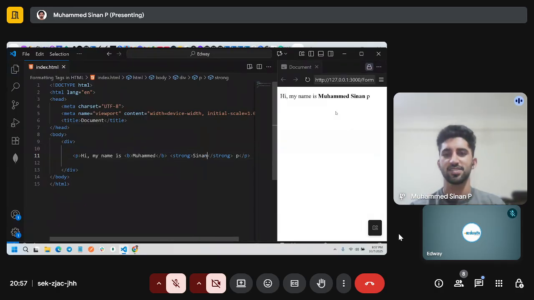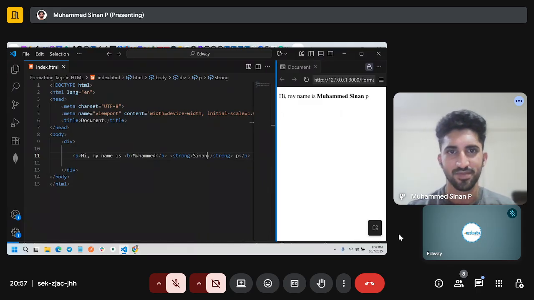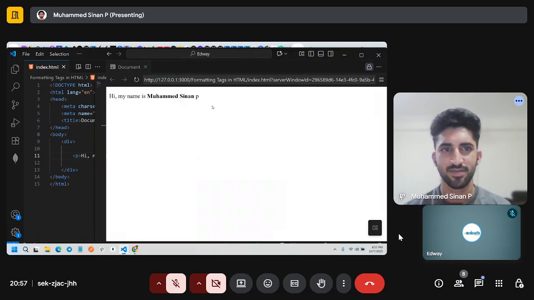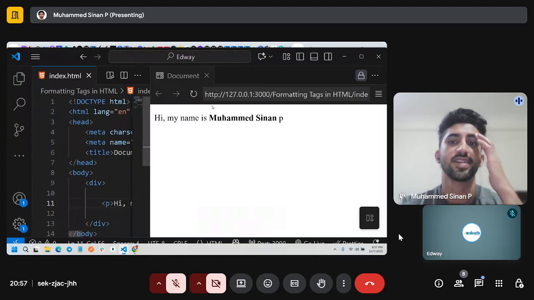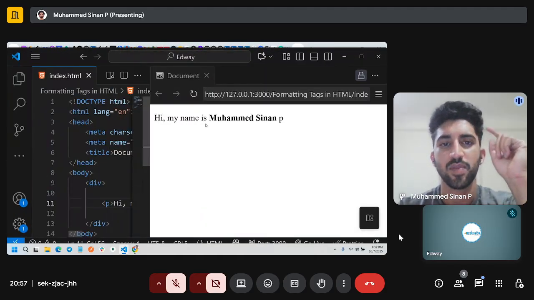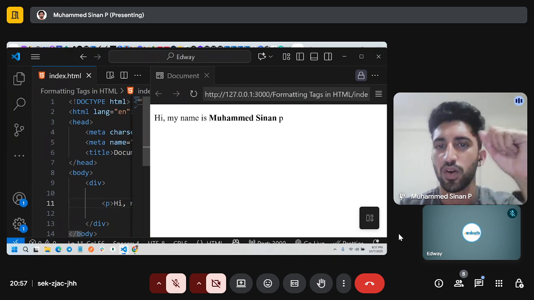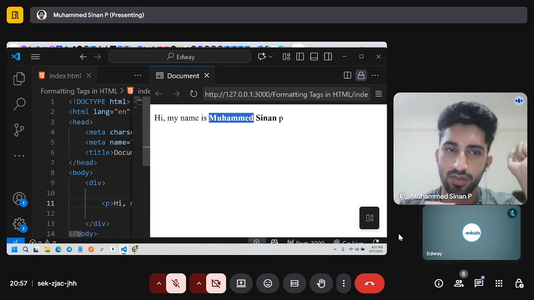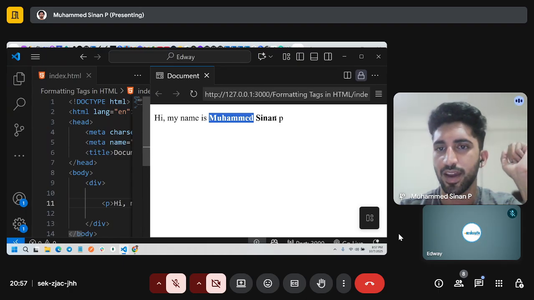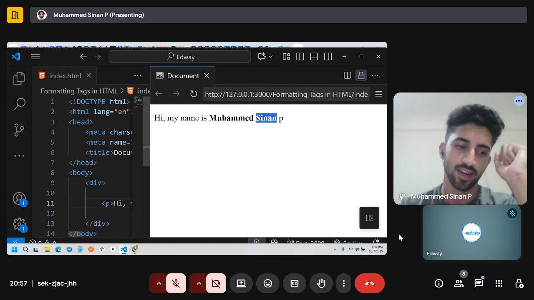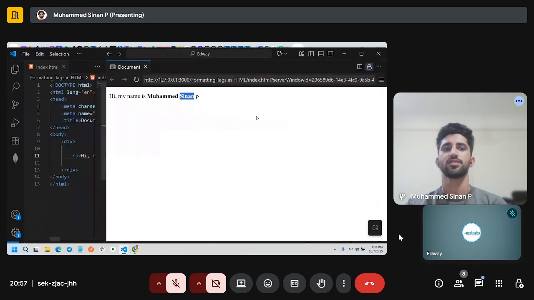So what difference does it make? You can see the sentence: Hi, my name is Mohammed Sinan P, and I made this Mohammed using bold tag, and I made this Sinan using strong tag. What difference does this make?